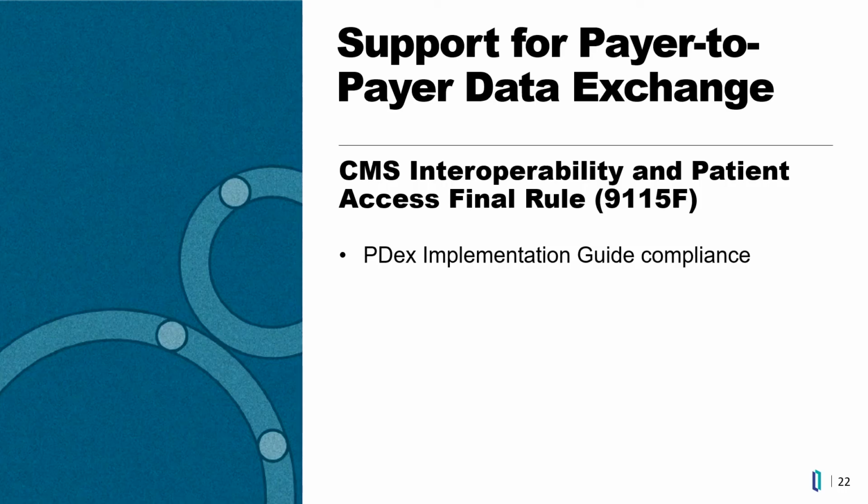So I'm going to be talking about more on sort of the application side of things, what we've been working on for the Unified Care Record. And I want to start out by talking about our continued support for our payer customers and payer data exchange use cases. In particular, CMS